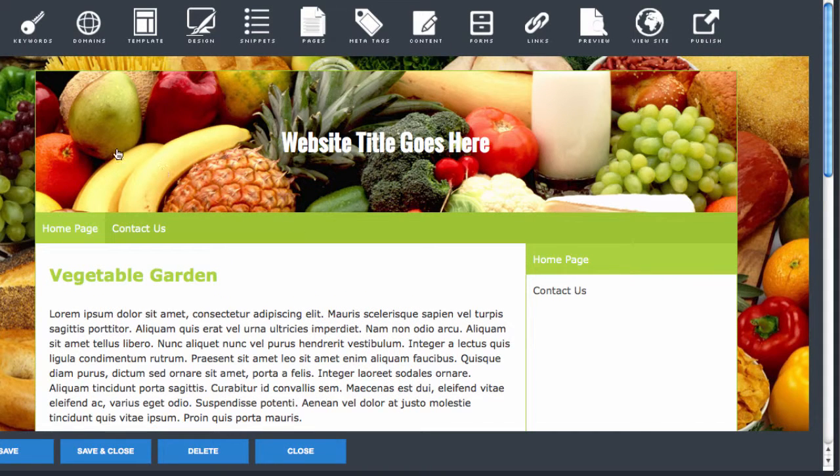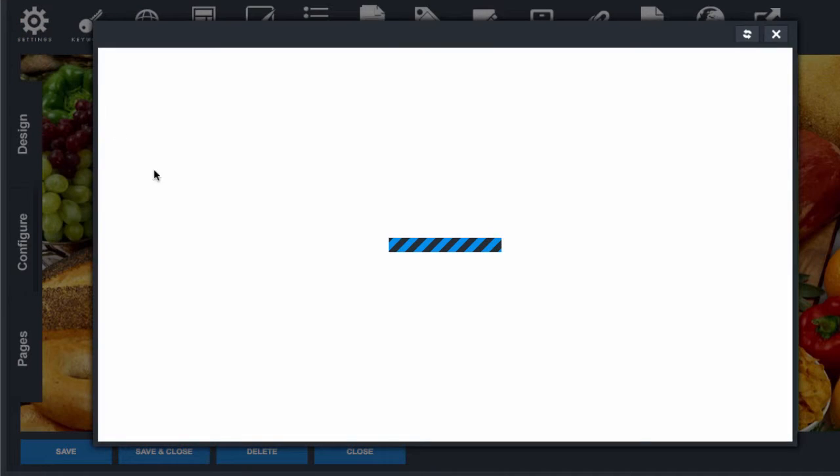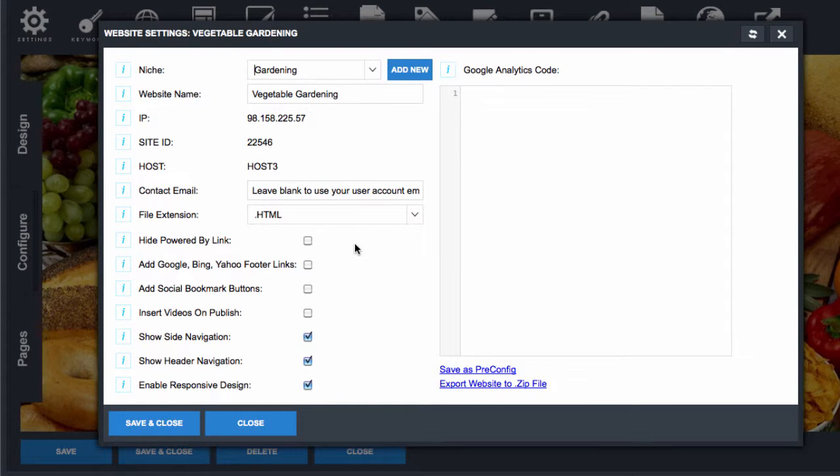The first one is the settings button. Clicking this button will open the settings dialog where you can update the niche of the website, edit the website name, and set the description. There are also some other details in here like the IP address of the website and the site ID and web server name. From here you can also set the default contact email for the site wherever the contact us form is used,